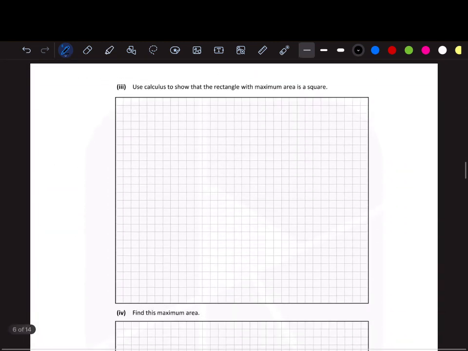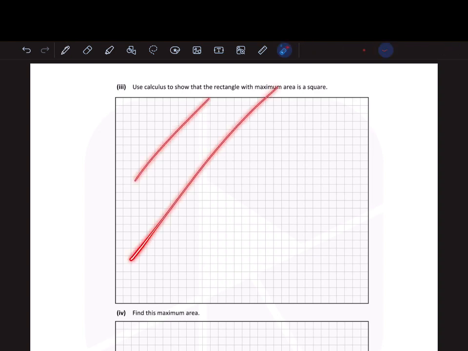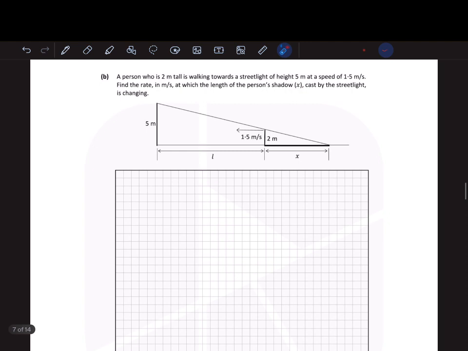Now, going in here, use calculus to show that the rectangle. I'm not going to do this question just because you're probably not going to be asked it, because you haven't really touched differentiating trig functions just yet, because it involves the chain rule. The last one as well involves calculus. It's a very abstract question. This type of question rarely gets asked, so I don't think it's going to be too beneficial for you, because it gets a bit complicated. But anyway,